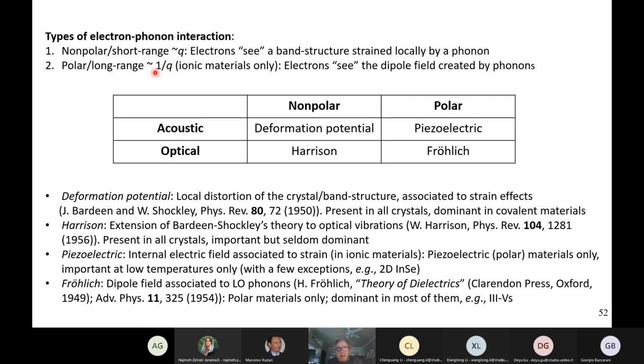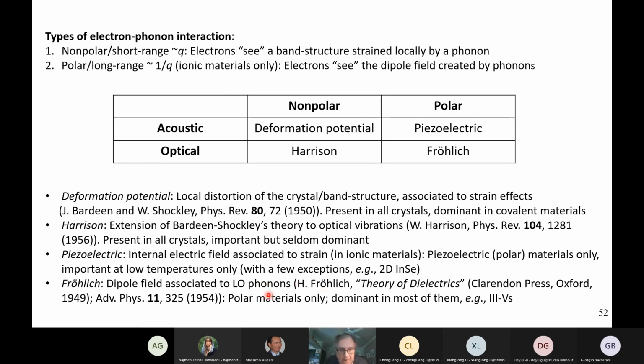So the polar interaction decreases in strength at short wavelengths, the non-polar interaction instead increases, okay? So it's a completely different behavior. So you expect that this will lead to an interaction that increases as the electron energy increases, in addition to the density of states. In the opposite, as I said before, this interaction will decrease in strength as the electron energy increases. Optical phonons generate a dipole field, and Froelich,